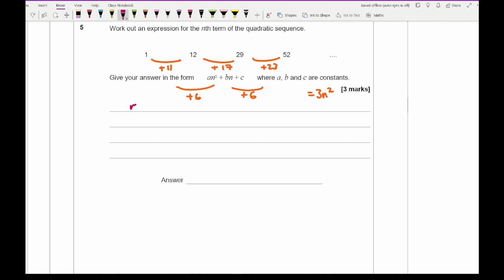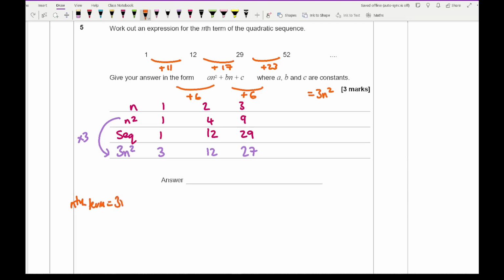So again, starting off with n, I've got 1, 2 and 3. I've got n squared just to help, so that's going to be 1, 4 and 9. I've then got the numbers in the sequence, which are 1, 12 and 29. And I now know that 3n squared is going to be in the formula. So all I'm doing is multiplying that by 3. So that becomes 3, and that becomes 12, and that becomes 27. So then the nth term